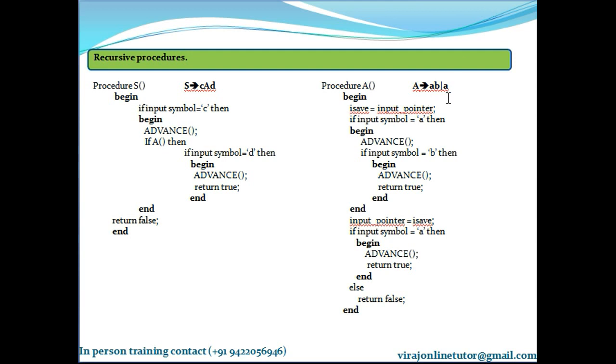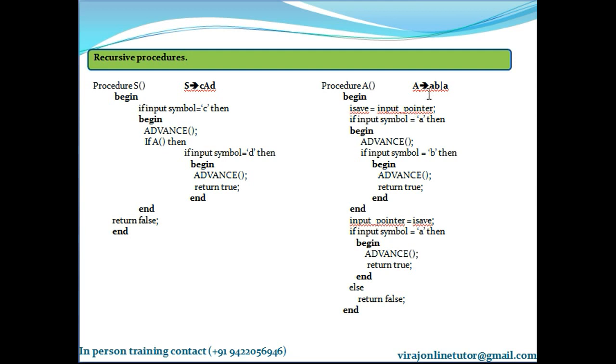So this is a plain backtracking top-down parser. The very moment I say backtracking, we should provide a provision for backtrack. How can we do it? By saving the input pointer into some variable, so that if after following some option something doesn't match as per our expectation, we can of course backtrack by using that variable's contents. So this is a very simple example for explaining a backtracking top-down parser. Here I had two options. One option was AB, second option was A. So I save the input pointer just for backtracking purpose into a variable.